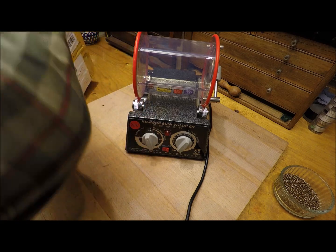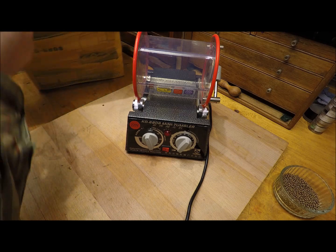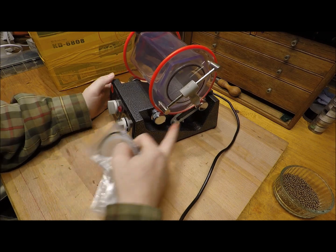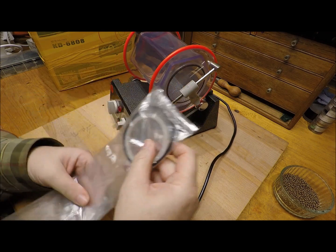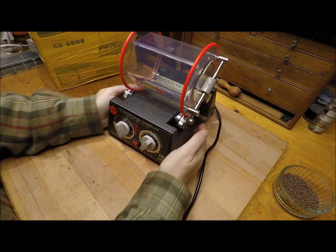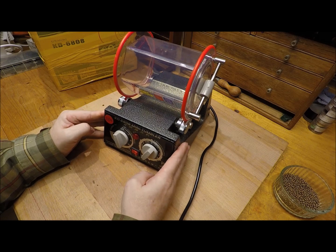In the box, well packaged, well supplied, you also get a spare drive belt for the belt to the motor, and you do get a replacement seal for the door when they go. So all in all, that is the KD-6808 Mini Tumbler, and